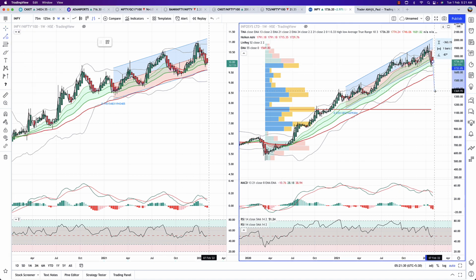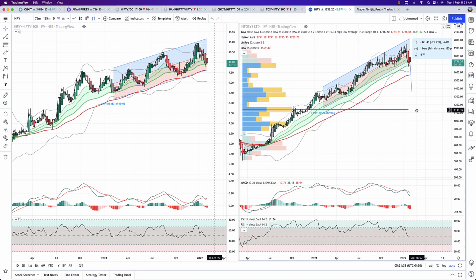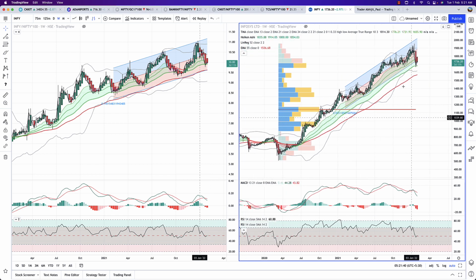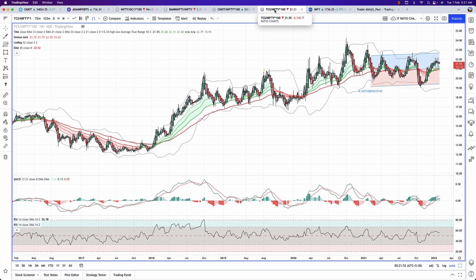And these are corrections to the tune of what? Let me check. For another 20%. So net a correction on the IT index close to 25 to 30, 35%. That is where I think one should start to look. And then there should be supporting evidence down here that yes, it's a good buy. So do this exercise when you start to buy, when those prices come, if they come. But based on the ratio charts, don't go for it.